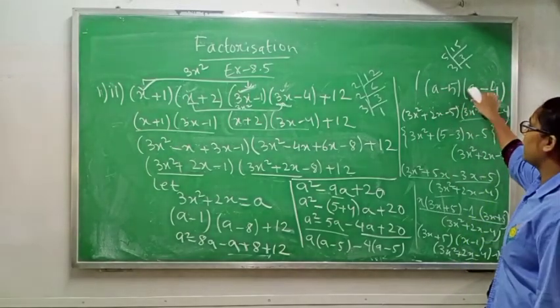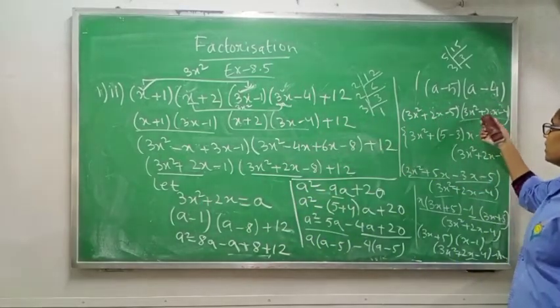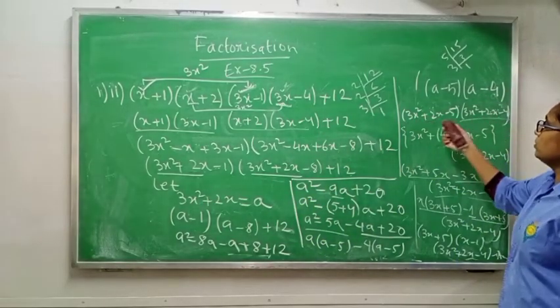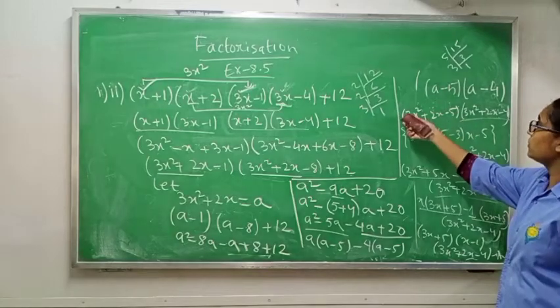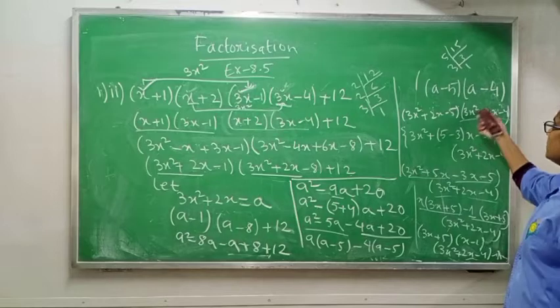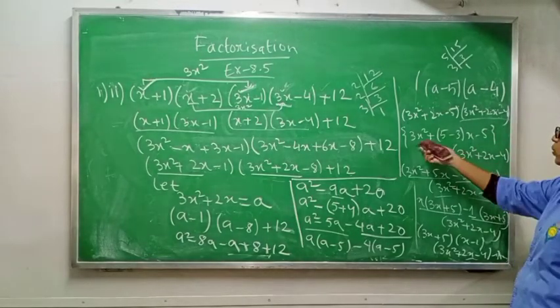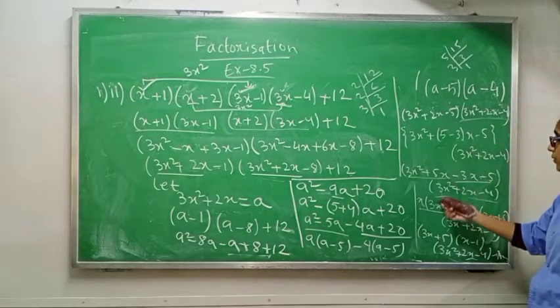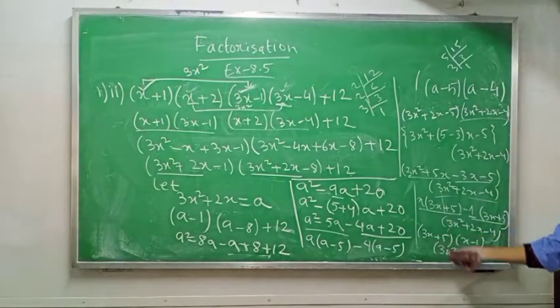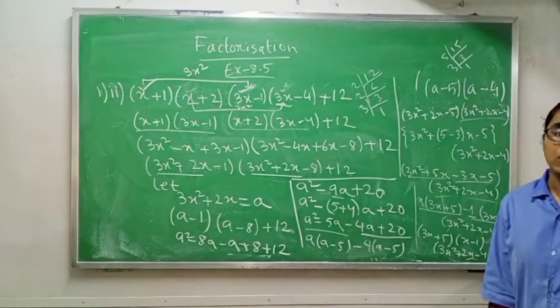Now in place of a I have to put 3x square plus 2x. We can do middle term factor of these 5 3s are 15. So 5 minus 3 will get 2 and we need 2 after subtraction. But this one is not possible. So I am writing the second term as it is and I am doing middle term of the first term. After doing middle term I am getting 3x plus 5, x minus 1, 3x square plus 2x minus 4.